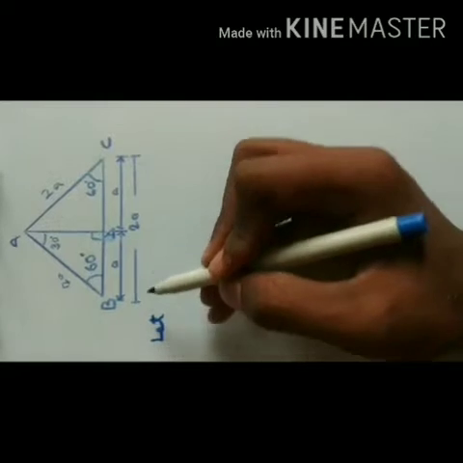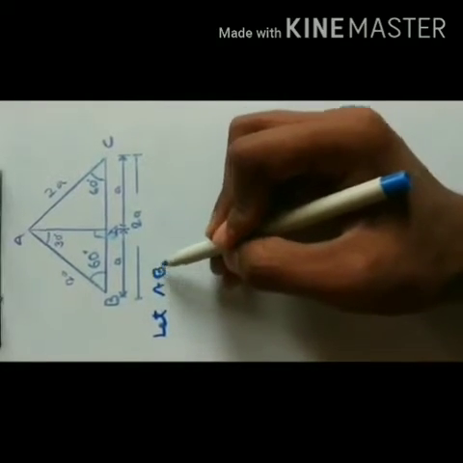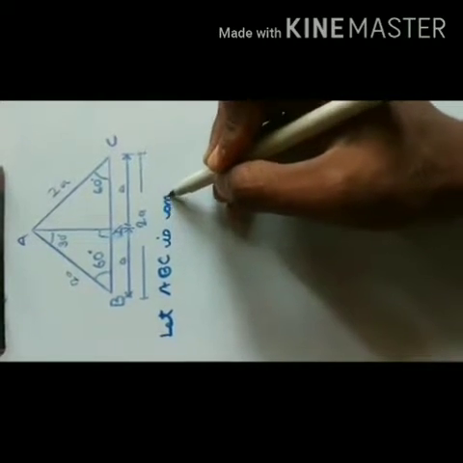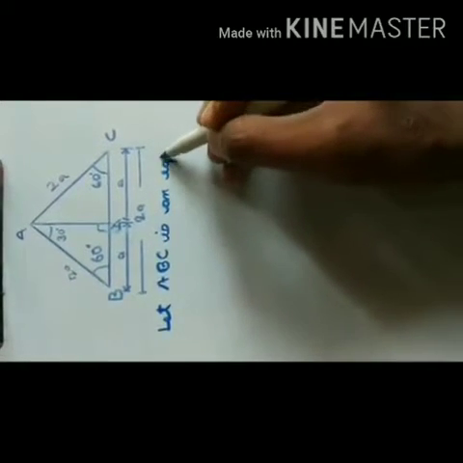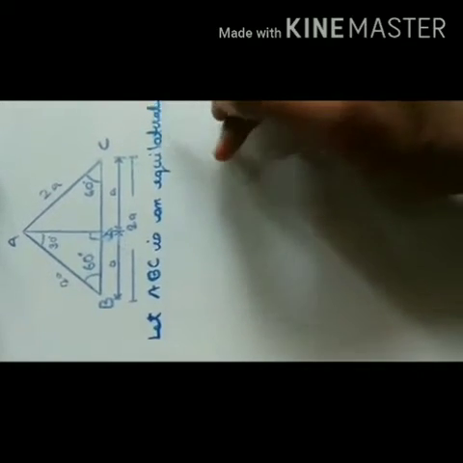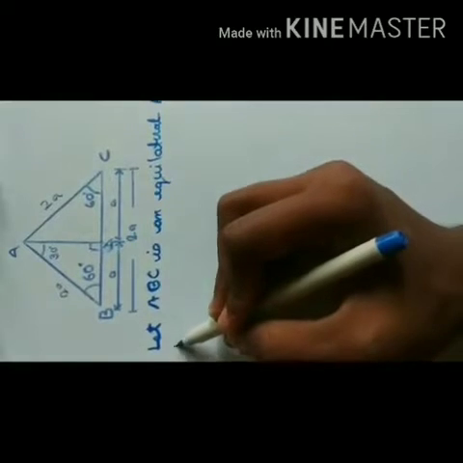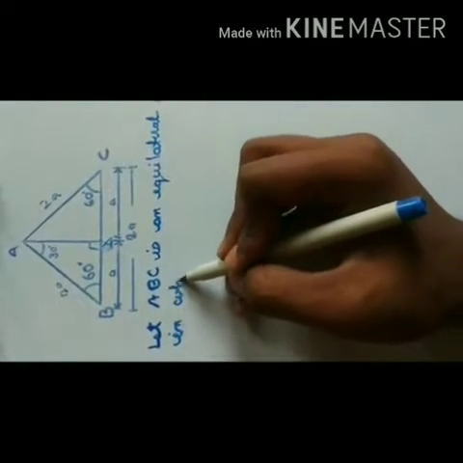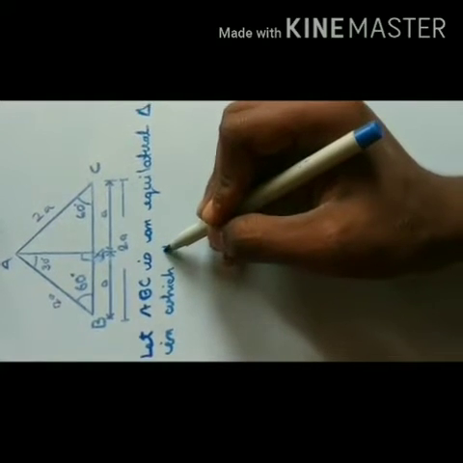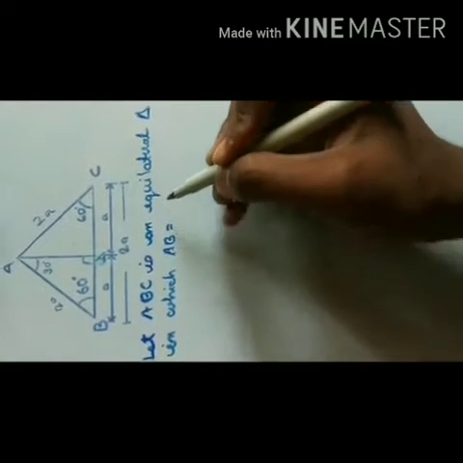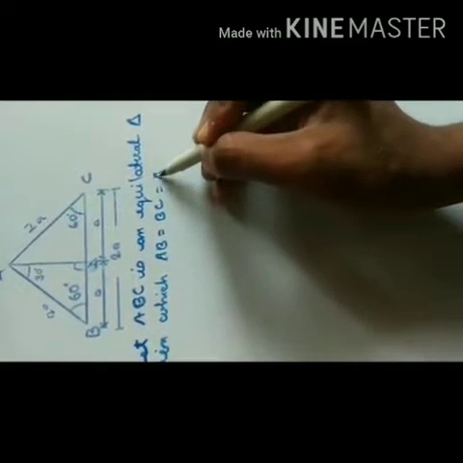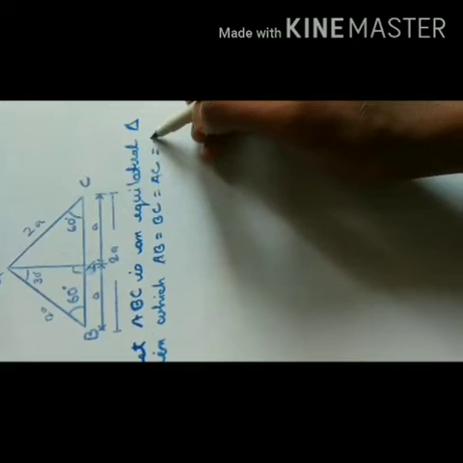Let ABC is an equilateral triangle in which AB equal to BC equal to AC equal to 2A,